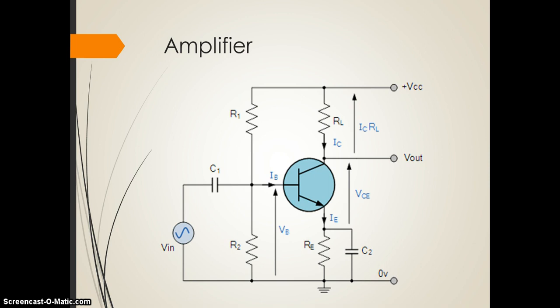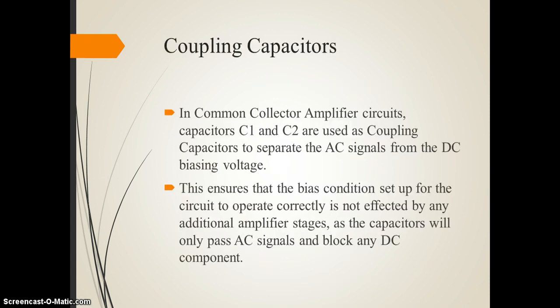In this circuit, we will connect the VCC voltage supply to RL and R1 load and we will give the input signal to the C1 capacitor. So, IB current flows through the base of the transistor and IC current flows through the collector of the transistor. VC voltage is the amplified voltage by the coupling capacitor.